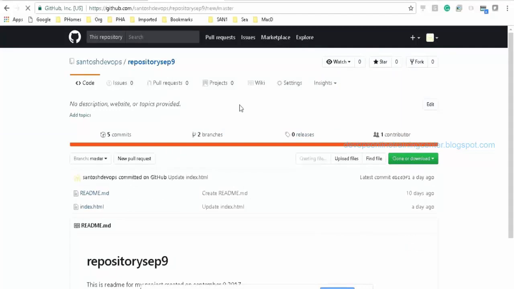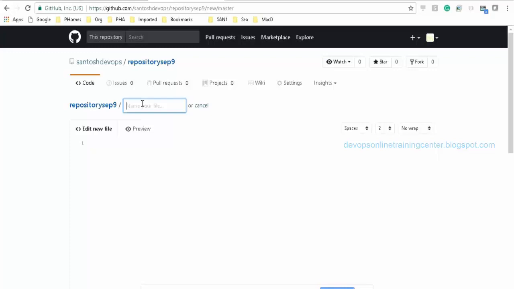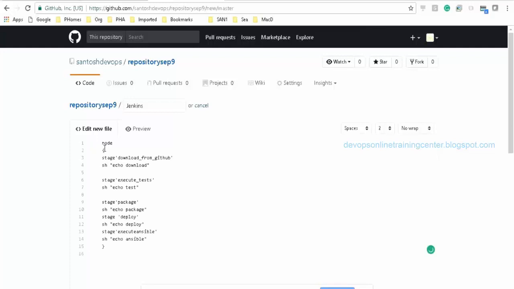I'll create a new file. SCM means source code management. So it can be SVN, it can be ClearCase, or it can be GitHub. Okay, so I have stored this as Jenkins file in GitHub, and this is some Groovy